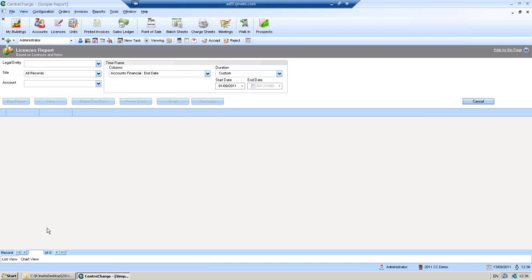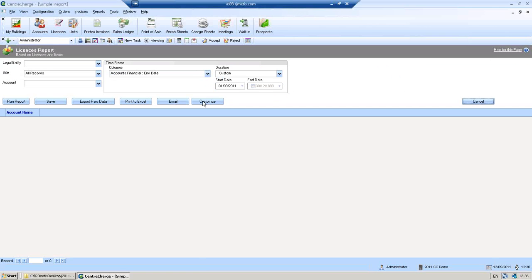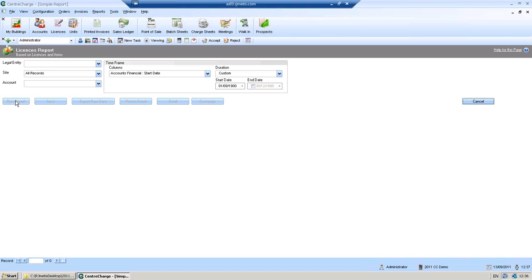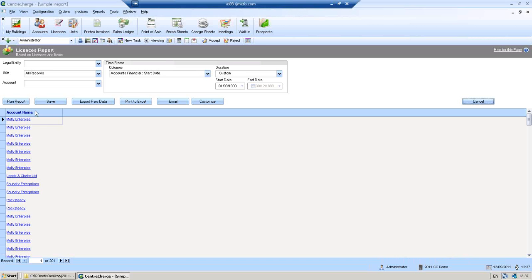So if we run the report, I'm going to change that to start date, so accounts financial, and change that. Okay, so you can see I've just run a basic report here just to show you. If we go and save the report,